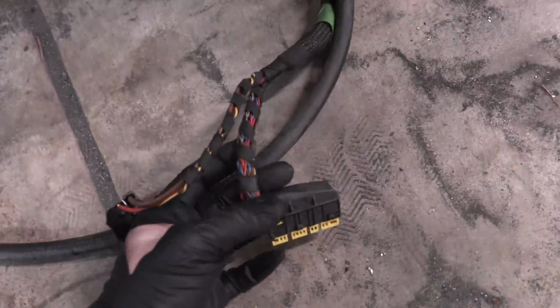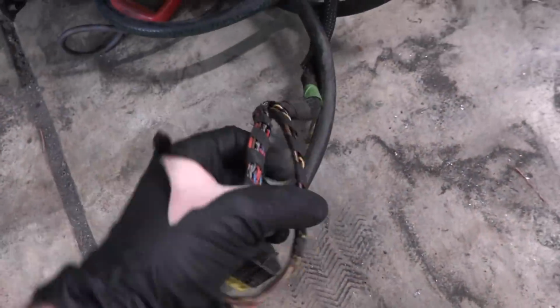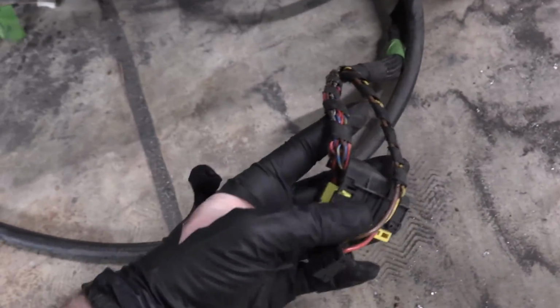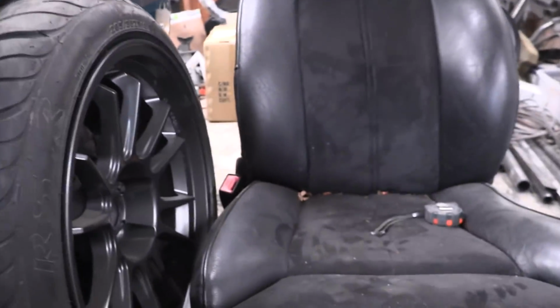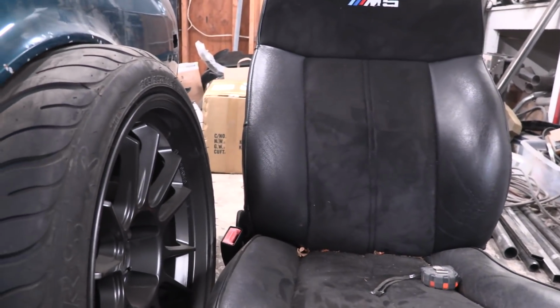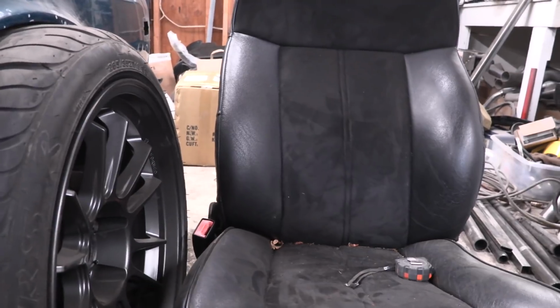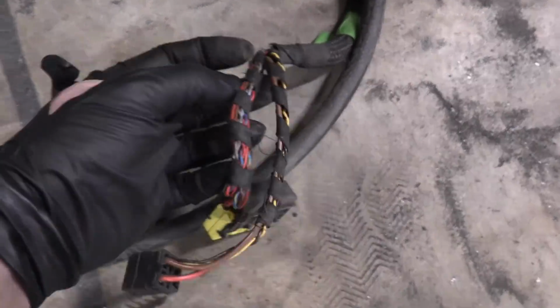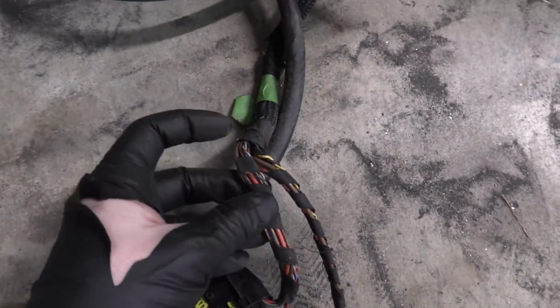So there is a PT CAN bus signal running into this wire and what I assume is back out. So there's two bundles of PT CAN bus wires in here. There's only one module in these seats that talks to the PT CAN bus system as far as I know. So my guess is that one bundle goes in and one bundle goes out. So what I'm gonna try and do is come back up in here and splice the wires and connect them. So I'm basically gonna close the loop. Hopefully the signal will come down this line and then it'll just shoot right back out